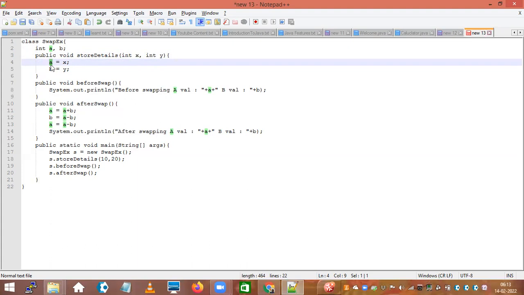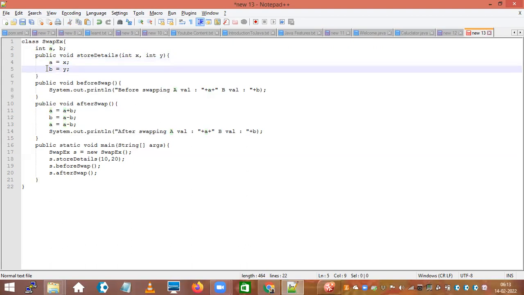Now if you see a, we have defined it at line number 2. Then in the next statement, I am trying to say b is equal to y. Again, on the right-hand side, y is an argument holding a value 20, and that 20 will be copied into your b variable. So this b variable, we have defined at line number 2. Then just before swapping, I want to display the value of A and the value